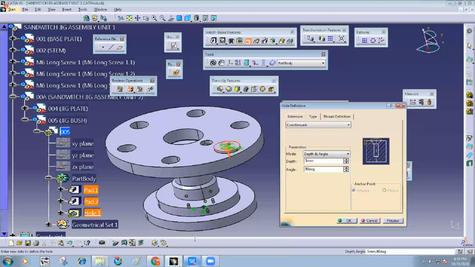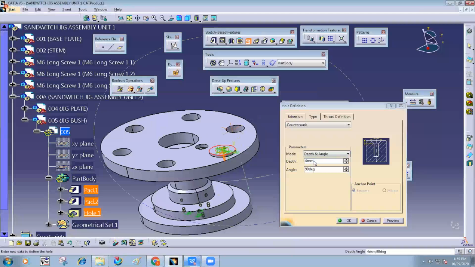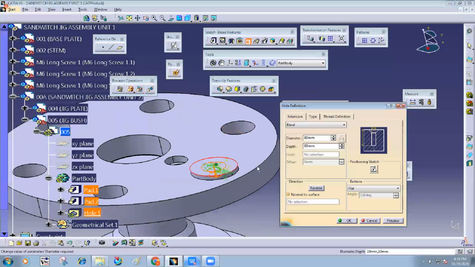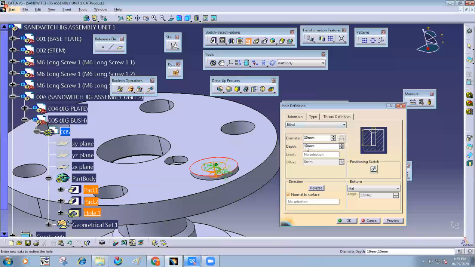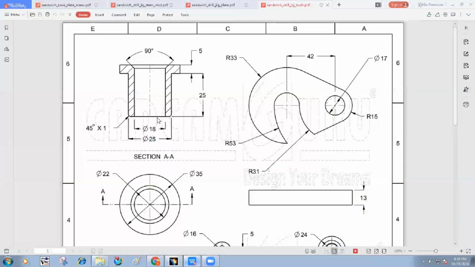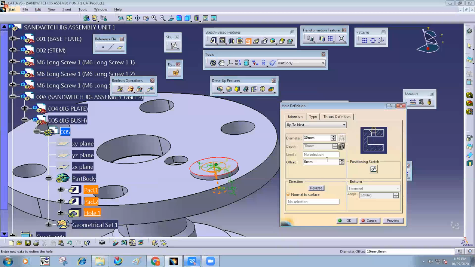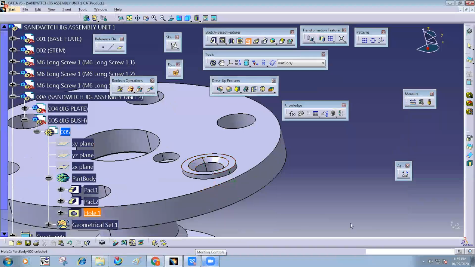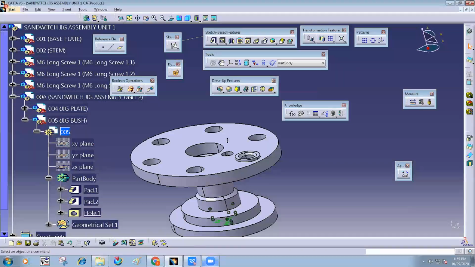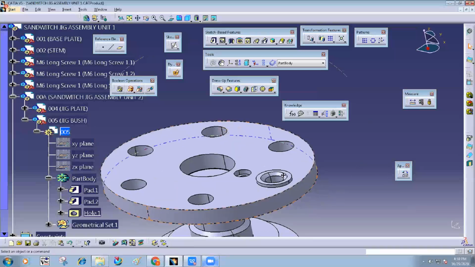Let's say 4, and depth it is through up to next. Diameter 18. Preview. Okay, this part is created. You go back to assembly now.